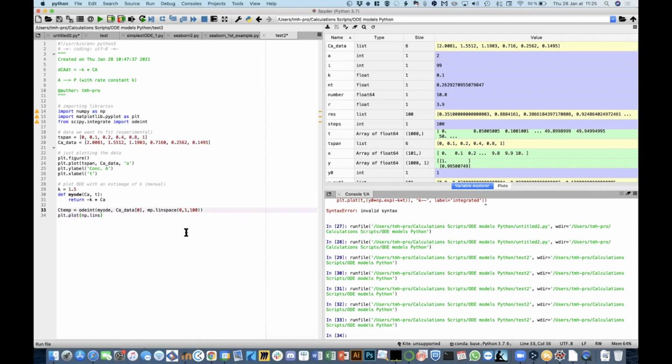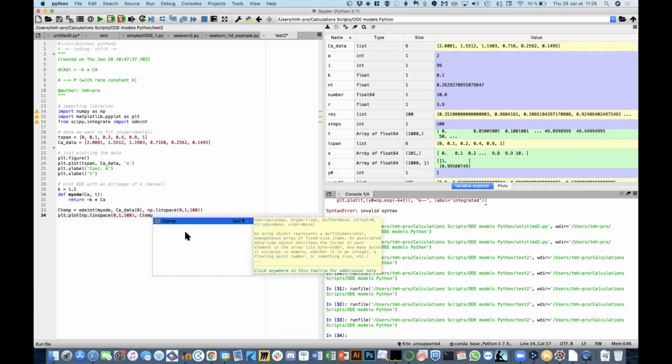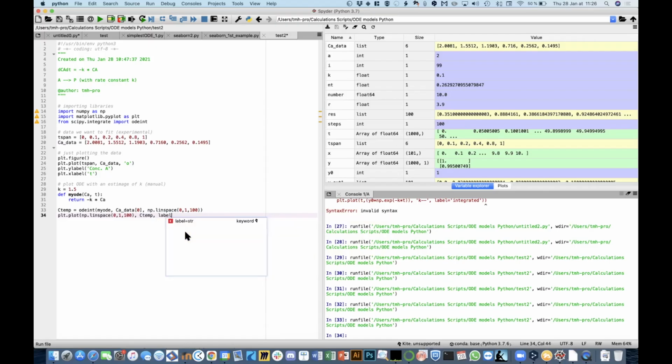All right, NP, of course. Sorry, typos are always dangerous, but it happens. Okay, np.linspace 0, 1, 100. And I'm going to plot my temporary concentration data, and my label I'm going to call manual,